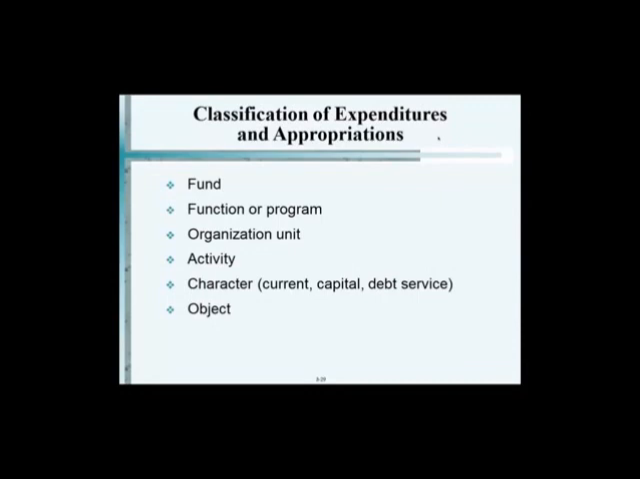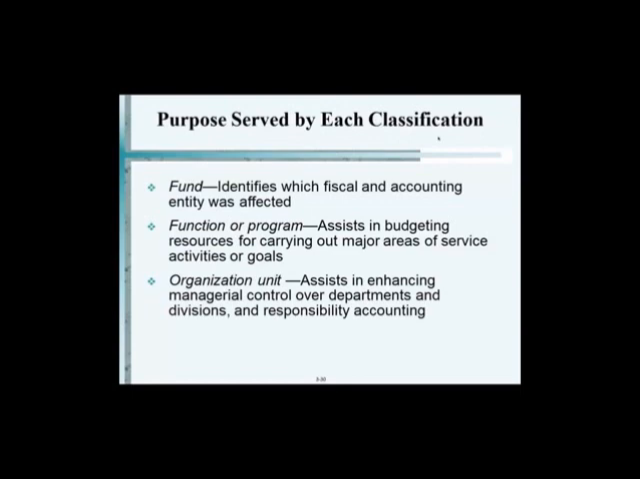Actually, let's see if there's more here. Yeah, it explains it right here. Funds, I just spoke to you, function or program, organizational unit. And basically what it is a